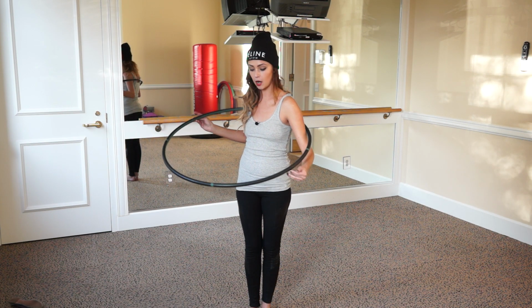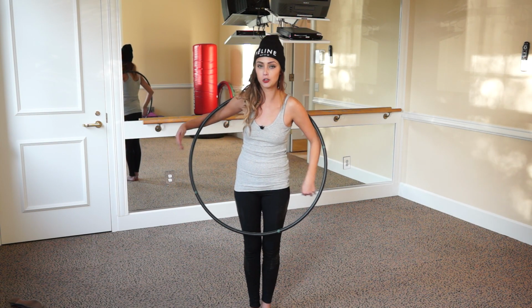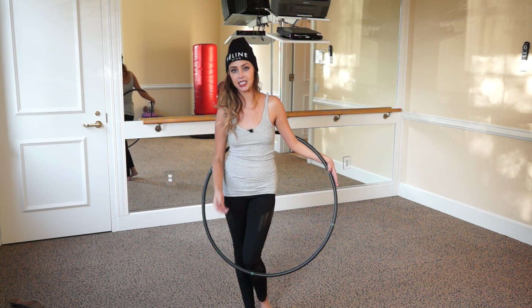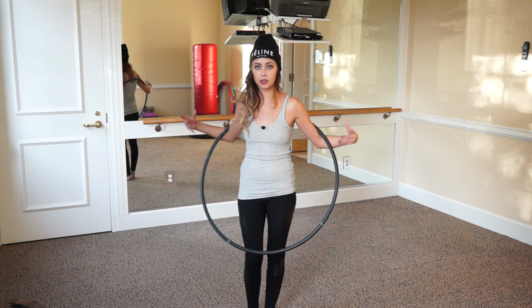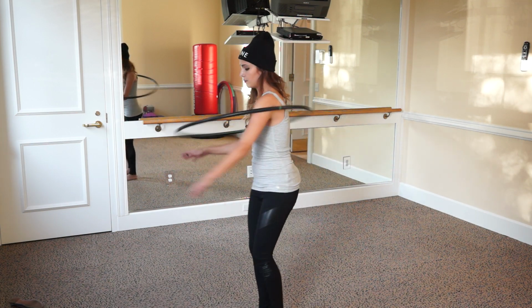So what you're going to think about is almost dancing inside of the hoop, that if the hoop was taken away, it would still kind of look interesting. And what's cool about this is it not only gives it a new kind of style, but it's also a form of paddling, so it also keeps the hoop moving around your body while still looking really lovely, however you end up doing it. So for instance, what I learned from Beth Lavender,